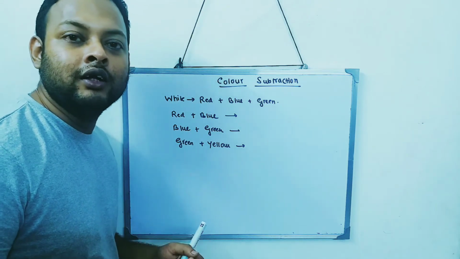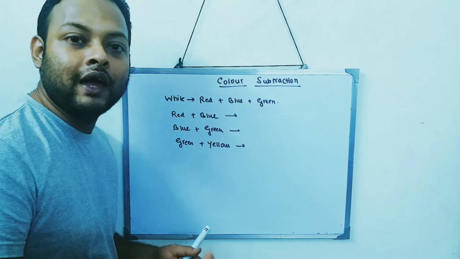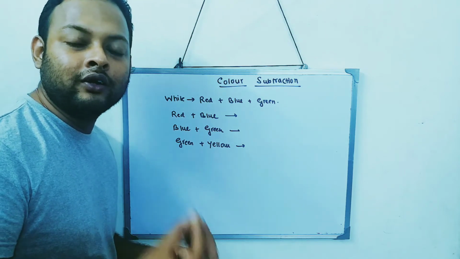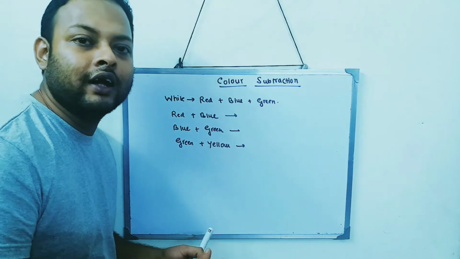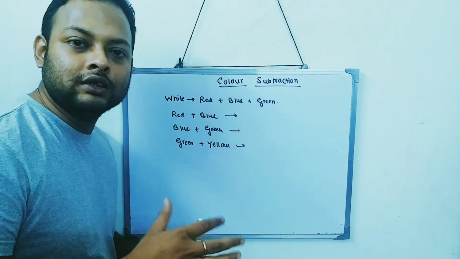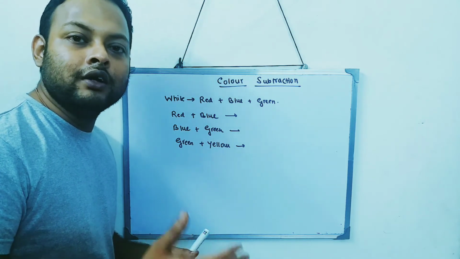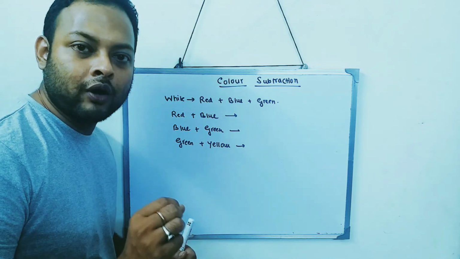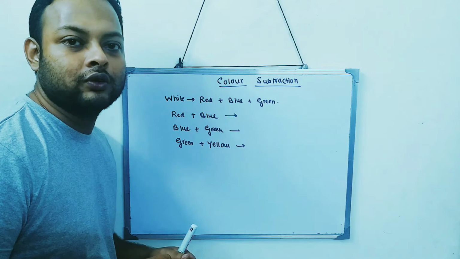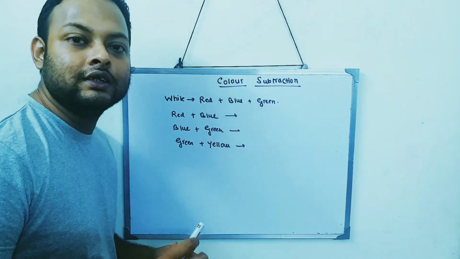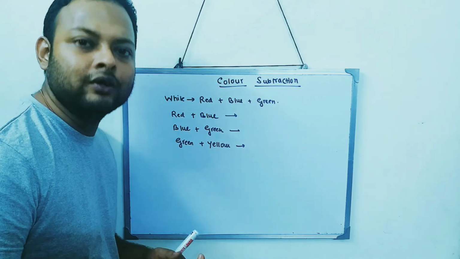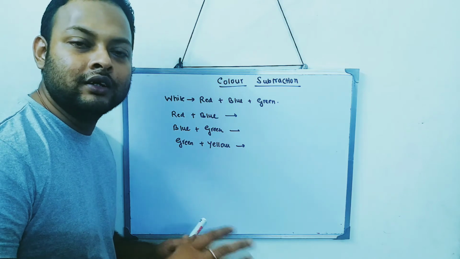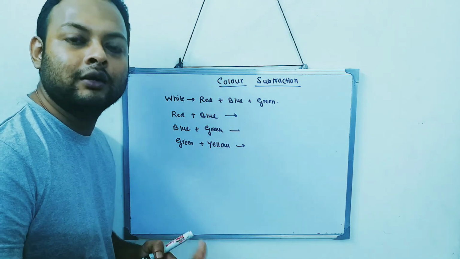Why does a green leaf appear black in red light? Why does a red rose appear black in green light? All those questions that come in the exam, students have had doubts over the years. Students have a problem in the color subtraction process only, and they often mix up color subtraction with color mixing. They are the same, but what is the relation between color subtraction and color mixing?